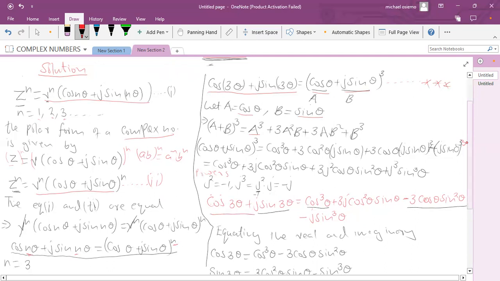We have cos 3 theta plus j sin 3 theta being equal to cos cube theta plus 3j cos squared theta sine theta minus, this minus comes as a result of j squared. This j squared is equal to -1, so it's going to make this one here be negative. Then minus j sine cubic theta. So this implies that